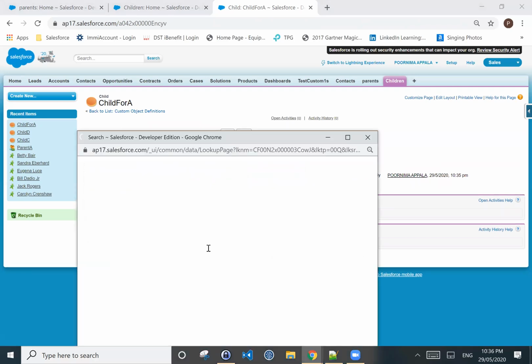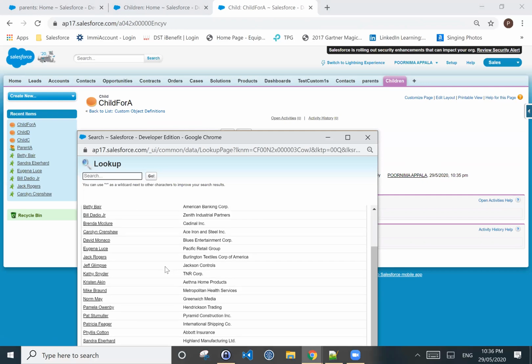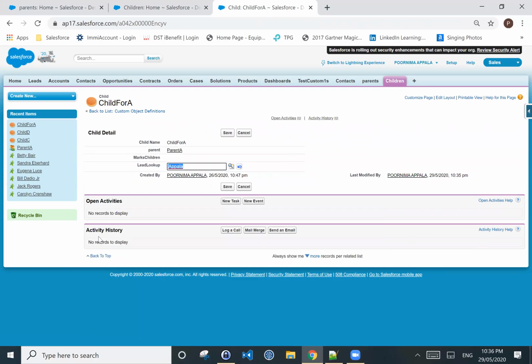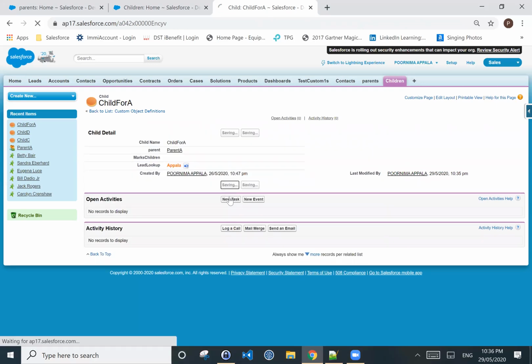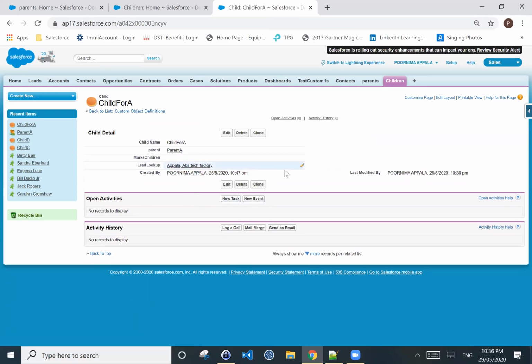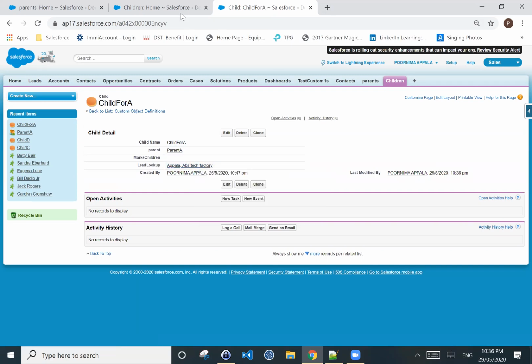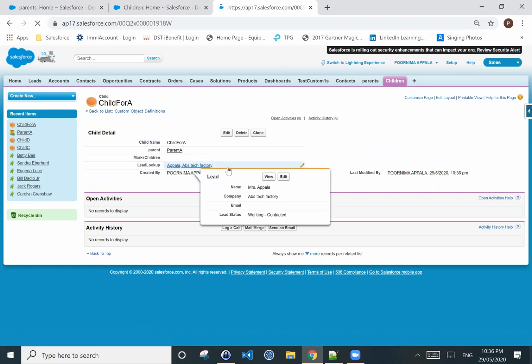Click on the magnifier, select any parent and save. Now click on this, ABS Technology Tech Factory, and open this into a new tab.